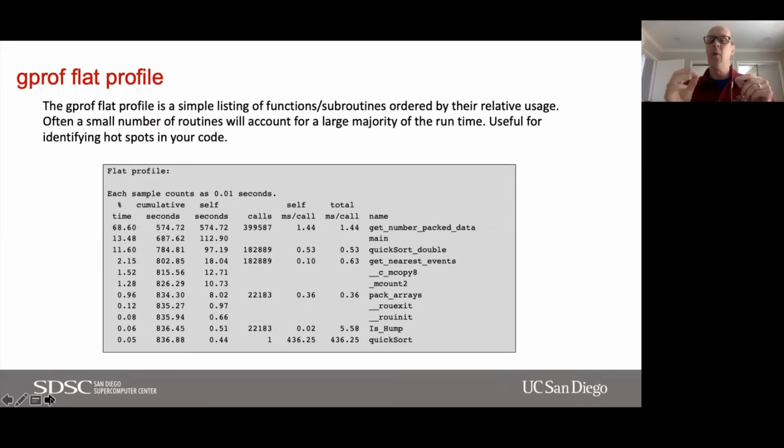Now, gprof won't zero in and tell you which lines of code are used most of the time. But if you're working with well-written code, I've heard, a good rule of thumb is that a particular function or subroutine shouldn't be much over 100 lines. It really narrows it down. You should be able to look at that, figure out where the time is being spent. Typically, it's going to be the innermost content of nested loops.